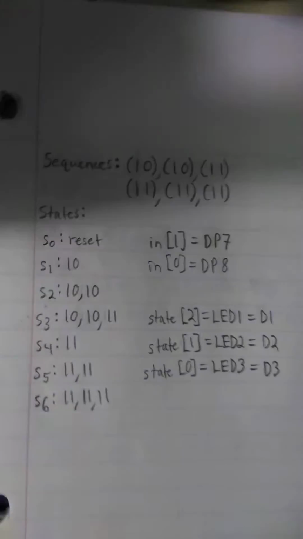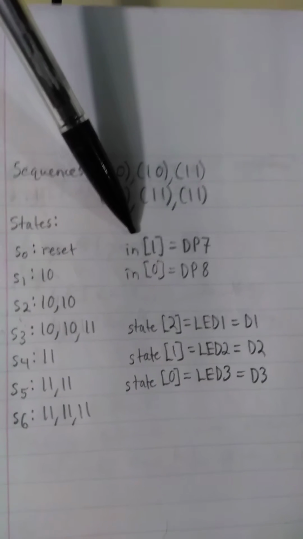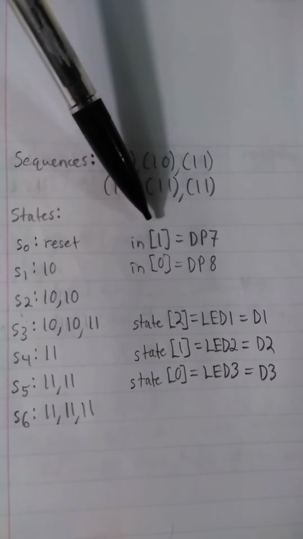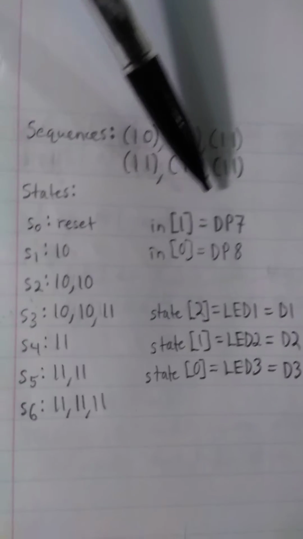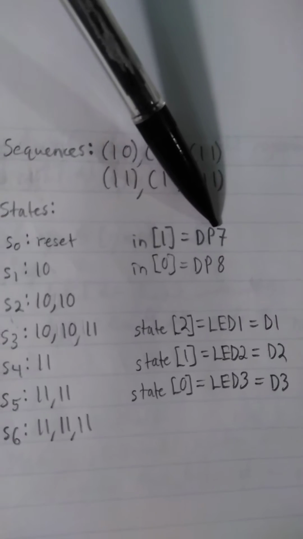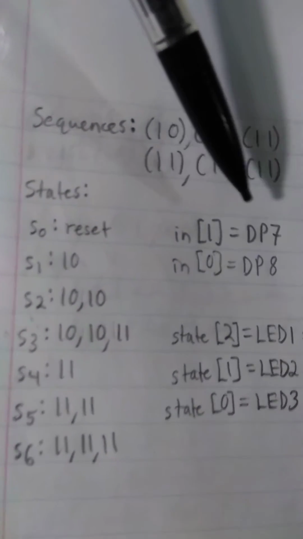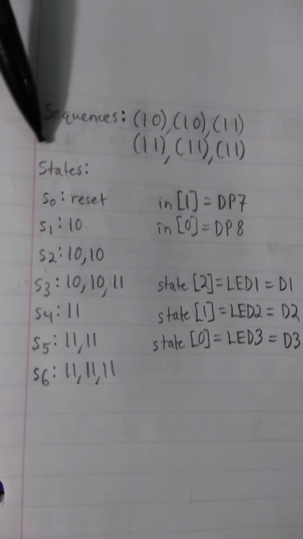In this particular problem, I have a 2-bit input, which is shown with 2 bits of 1 and 0, and on my board it's going to be DP7 and DP8, which are the dip switches on the board. And in order to